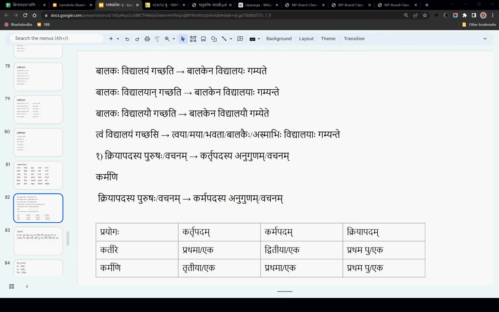So when you convert that, there is some English word for that. I forgot what it is. It's not called passive. But I don't remember. Okay, let's say it's converted to passive voice. Ramaha Hasati, what will it become? The rules remain the same. Kartrupadam is Ramaha, so that changes to